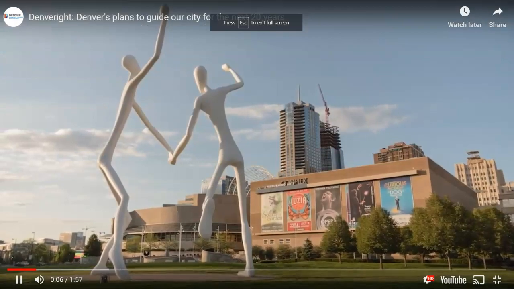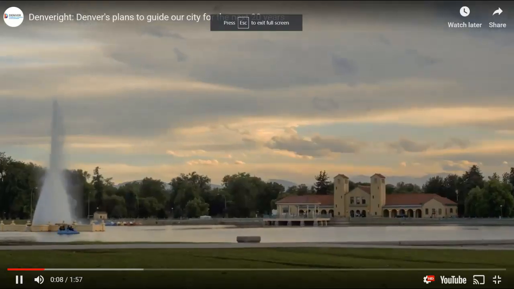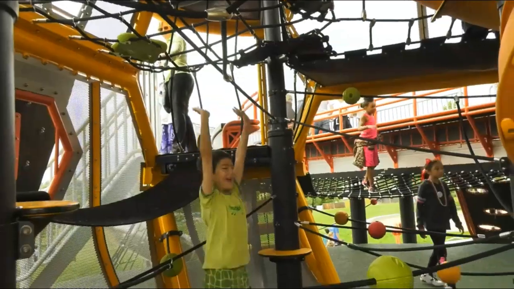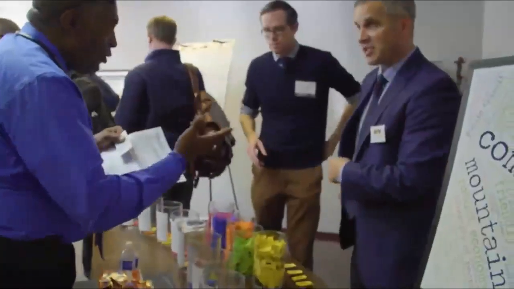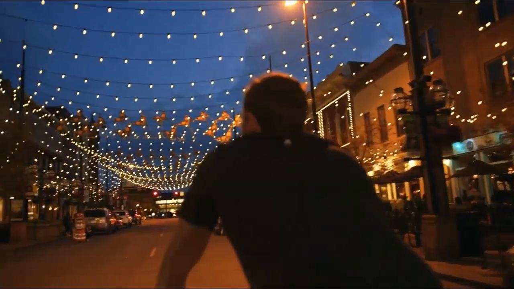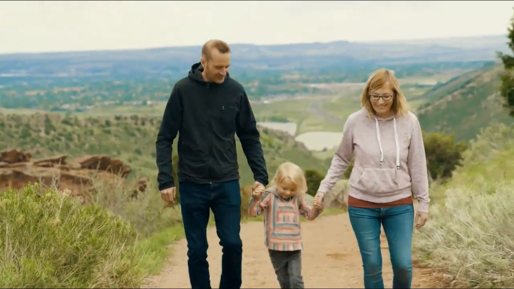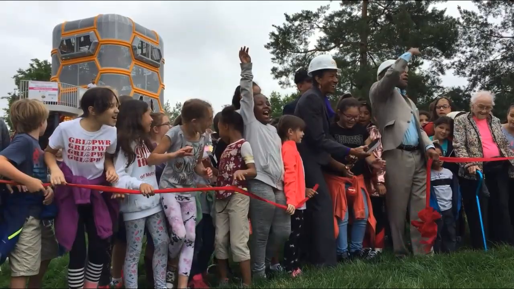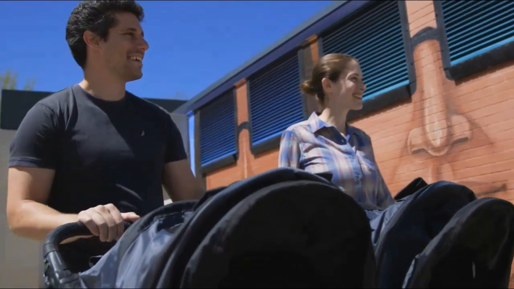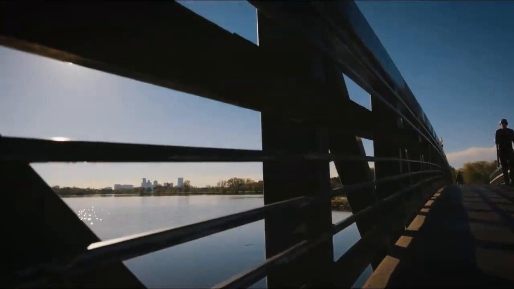Denver is a dynamic and vibrant city, growing and changing every day. How can we ensure the Denver of tomorrow is even better than the city we love today? For 2 years, we asked you, the people who live, work, and play here, what's your vision for Denver? You said you want a Denver that's more inclusive, better connected, healthy, and resilient for all of us who live here today, as well as our neighbors of tomorrow. The results of your input are 5 plans that will shape the future of our city.